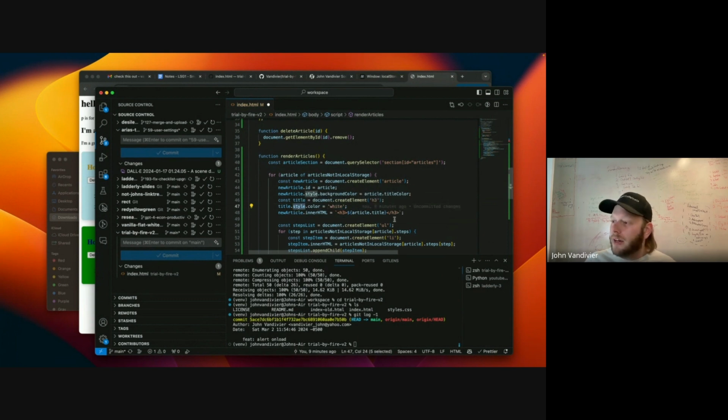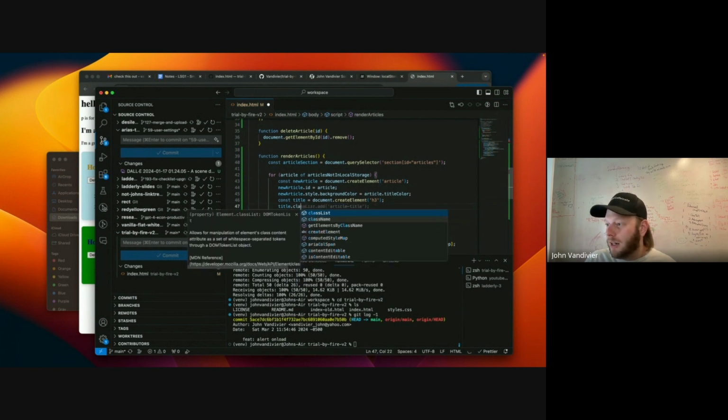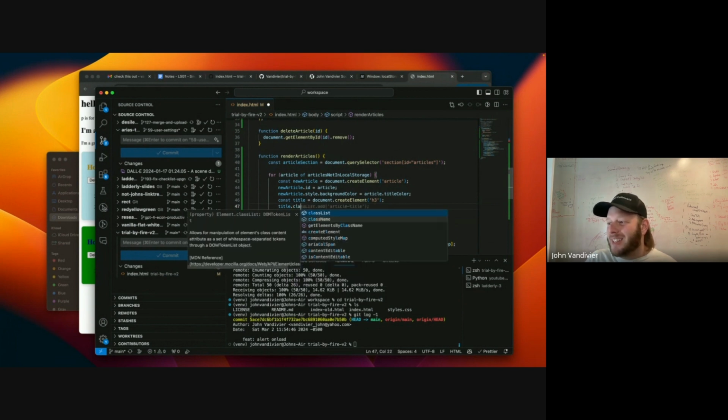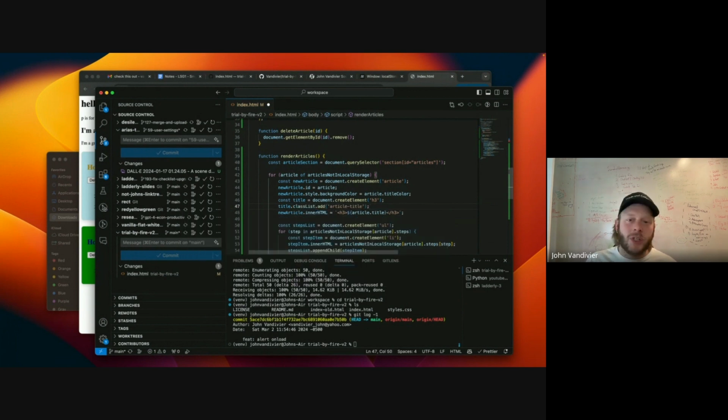Or instead of style there, I could do a class name here. There's also something called a class list, which is basically like you can have 5 class names, and so you can add it to a class list. But it's very similar to making a class name that has spaces in it.